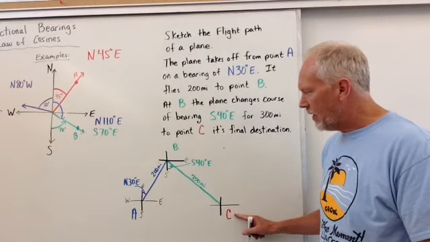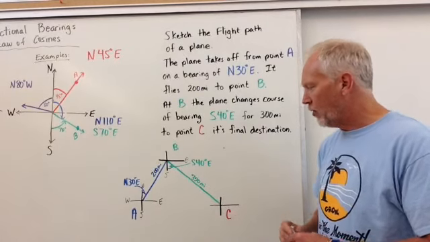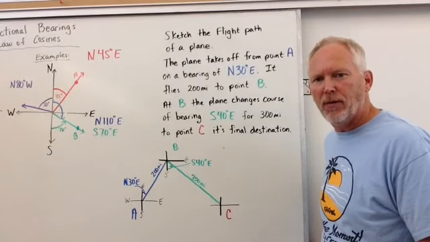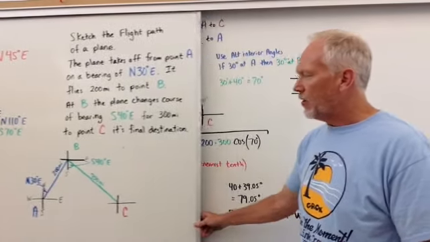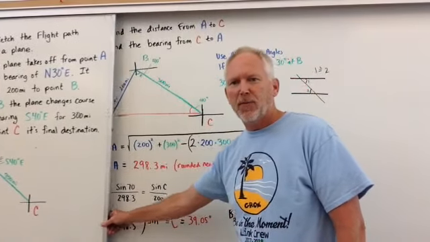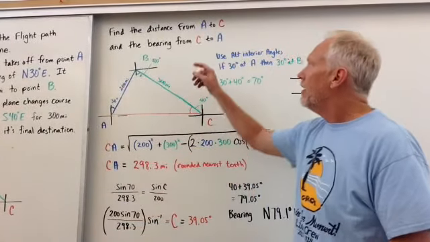Till it finally hits C. Alright, so it looks like we've drawn that pretty close to what it might be. Now, it's not to scale, obviously, so let's look at what the next part says. The next part says,